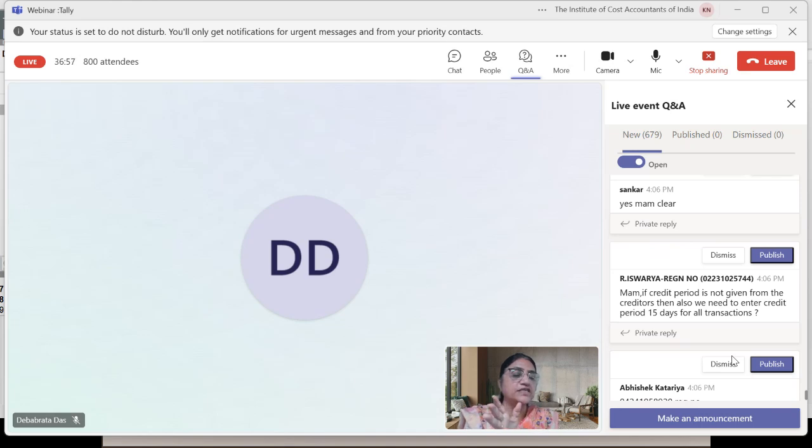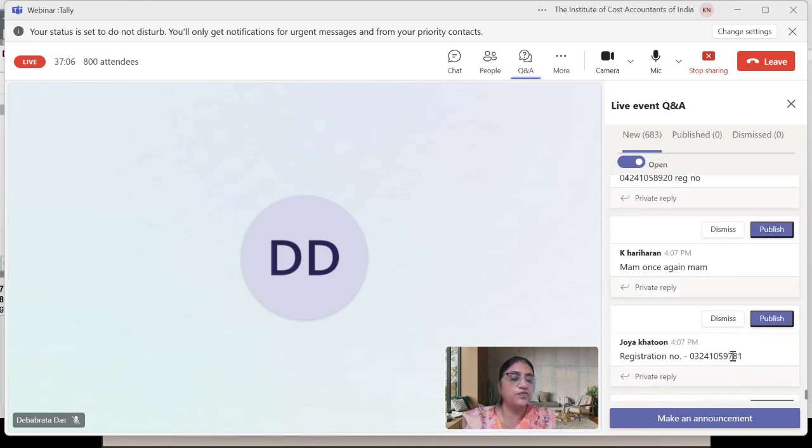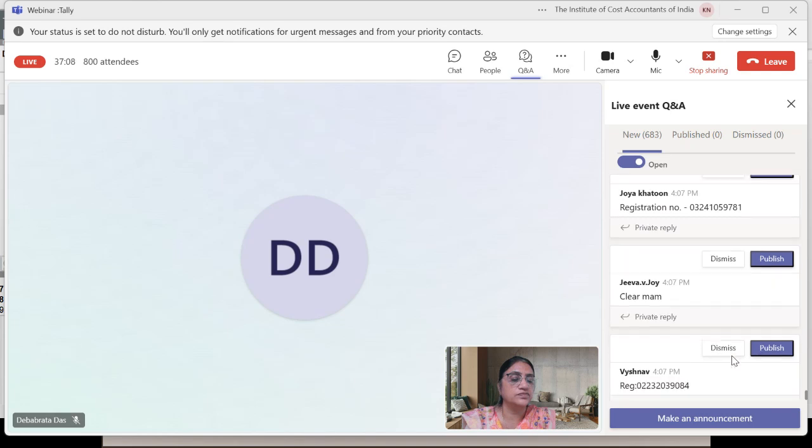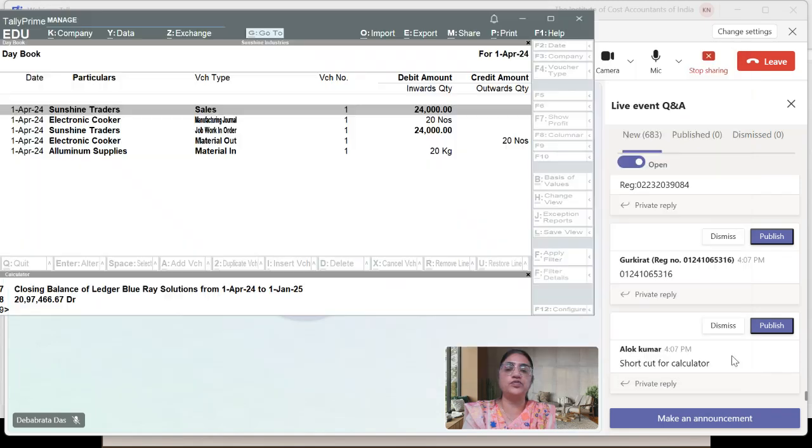No, it's not necessary, Ishwarya. It depends upon the company policy. What is the credit period? It is not necessary. It depends. Okay. The shortcut for calculator is Control N. So many times